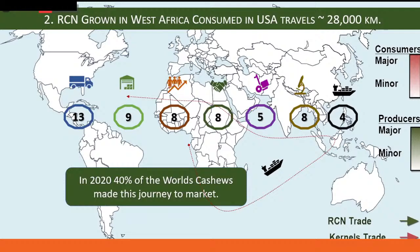Now, why does it currently work that way? It currently works that way because processors, especially in Vietnam, have managed to get themselves to a position where their cost of processing is low enough to support the import of raw cashew nuts. This happened before, back in the late 1970s, early 1980s, when Indian processors did exactly the same thing at a time when cashews were mainly grown in East Africa and processed there in Mozambique and Tanzania. And the movement was for different reasons than now, much more political reasons at that time,